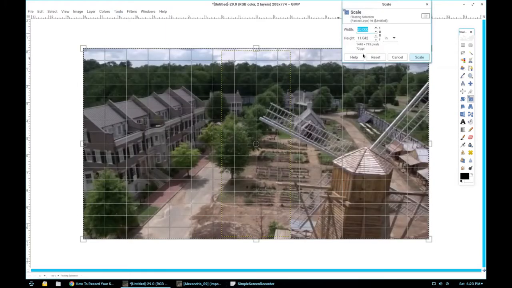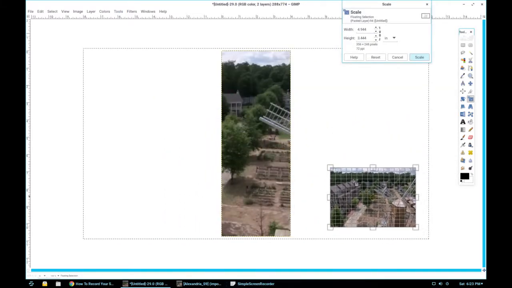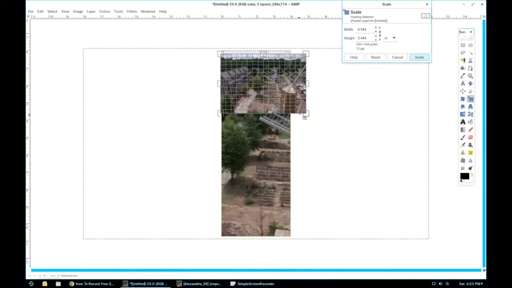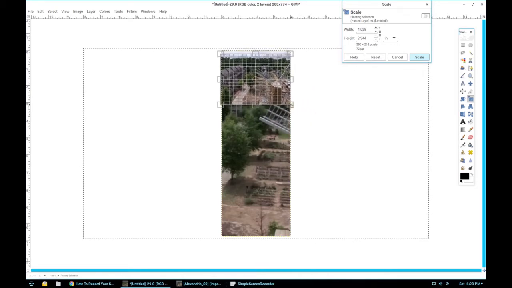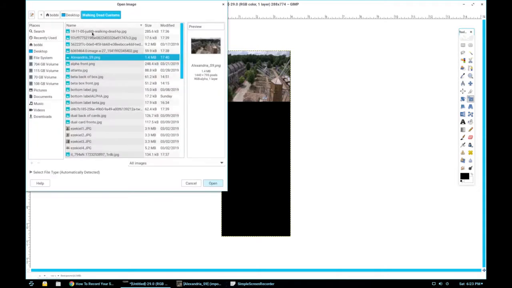Scale, because I want to get this down to the size that it's going to fit at the top of this card. So I'm going to pull this way down, pull this up, and there it goes, about the size where I need it, and need it to fit up here at the top. Hit Scale, and there we have the top of that filled in the way I want. Okay, then I go to Layer, Anchor Layer, and the next thing I want to do is File, Open, and